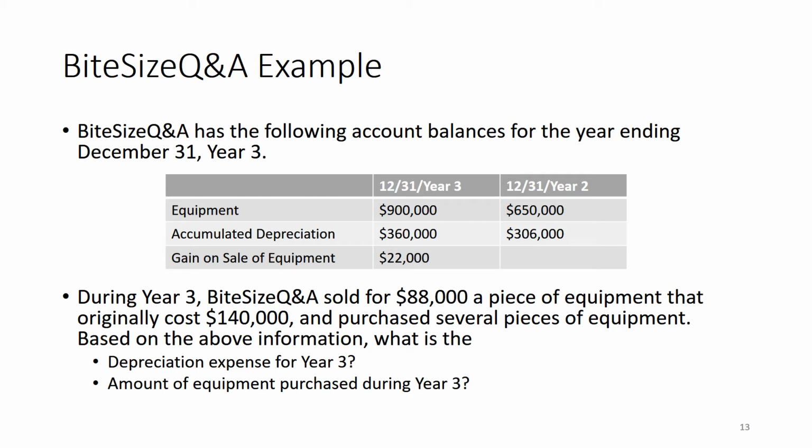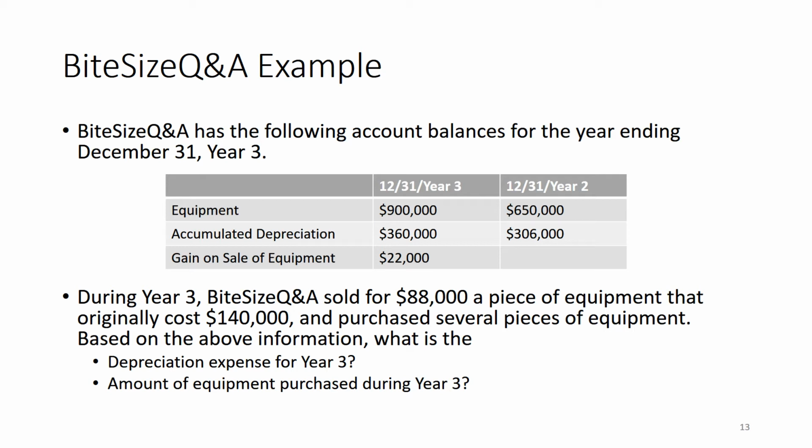For accumulated depreciation, the end of the year balance is $360,000, and the December 31st, year 2 balance is $306,000, and there was a gain on the sale